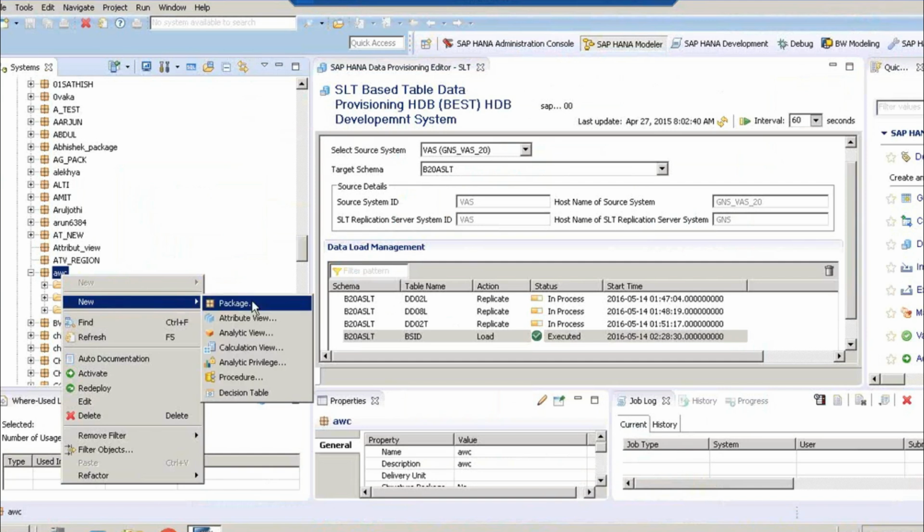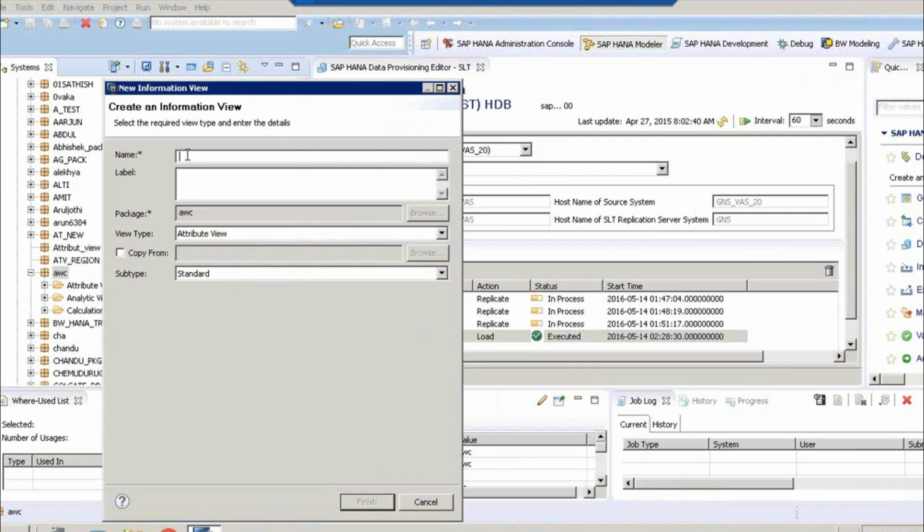Let me quickly create one attribute view. Just select a new attribute view. Here we will be following the naming convention. I'll share the naming convention document with you. Just making the article